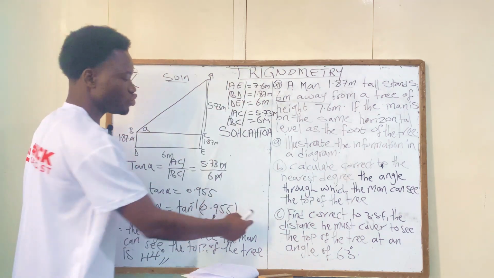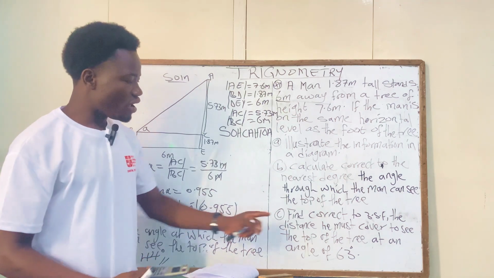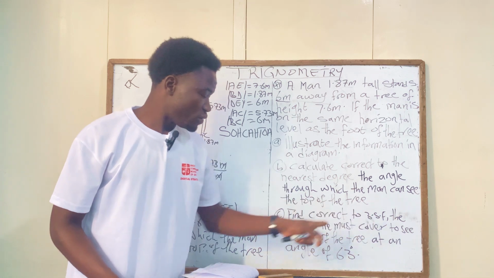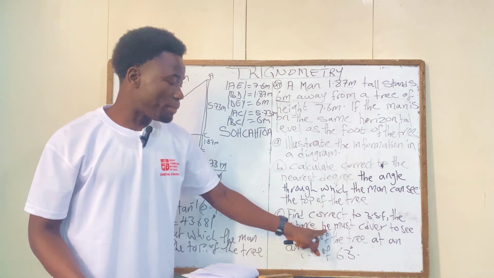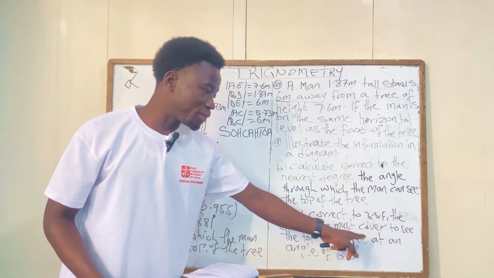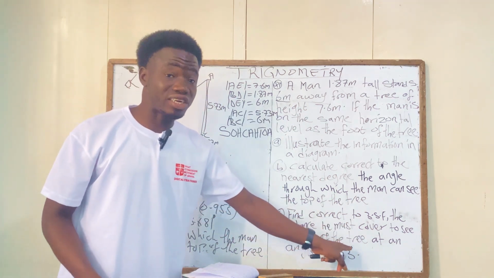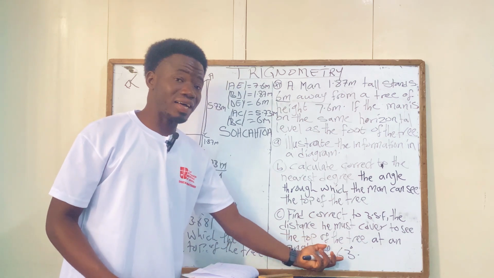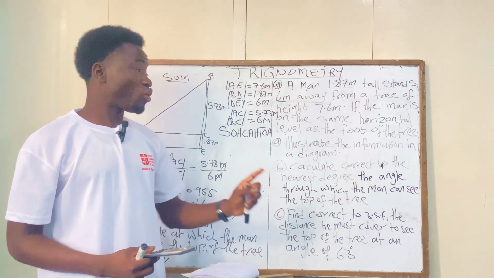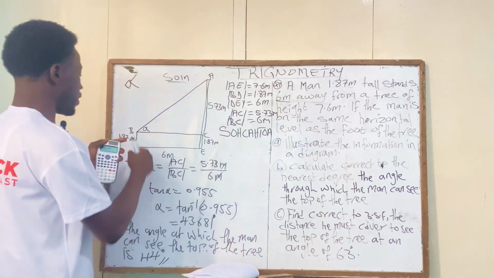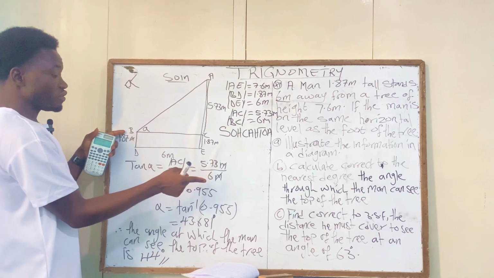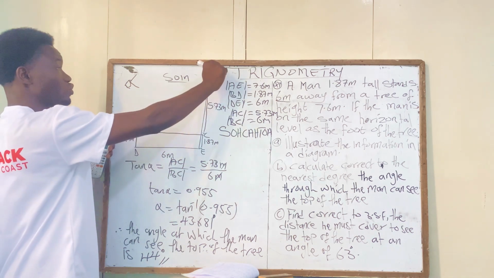So let's get into the C part of the question. The C says that find correct to 3 significant figures the distance the man, that is he, must cover to see the top of the tree at an angle of 63 degrees. So here they've given us the angle. If he raises his eyes at an angle of 63 degrees, what will be the distance he will cover to see? So we are talking about this place. If he has opened his eyes wider, which is 63 degrees, how long will he travel to see the top